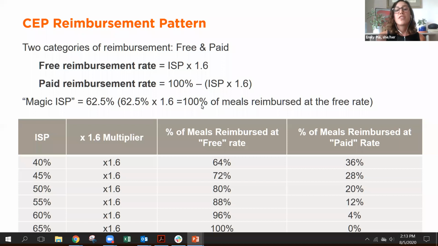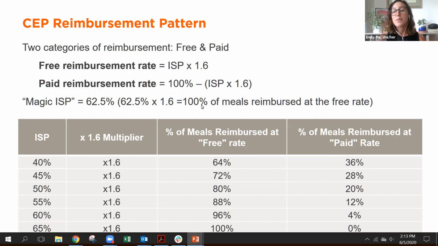I do want to mention that 62.5% does get you all of the meals, and it's really a no-brainer to operate CEP if you have that high of an ISP, but it is not the ISP at which CEP becomes financially viable. We see many schools and many districts operate CEP from even as low as 40%, and they can still make it work, looking at some of those additional benefits that CEP provides, driving up participation.